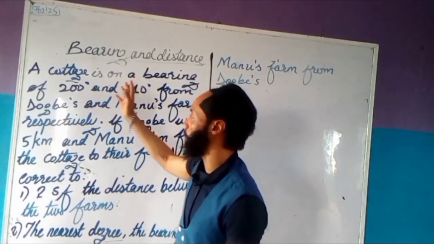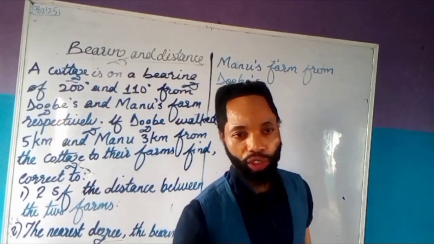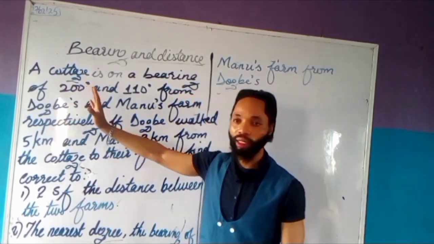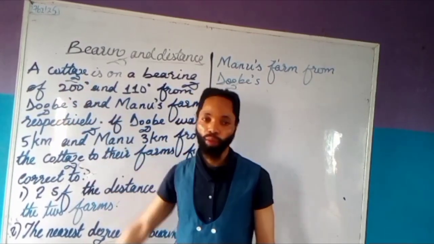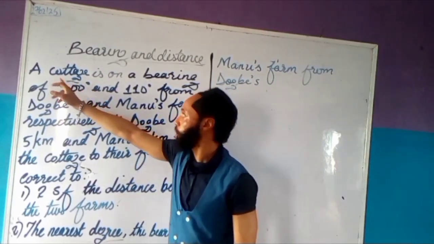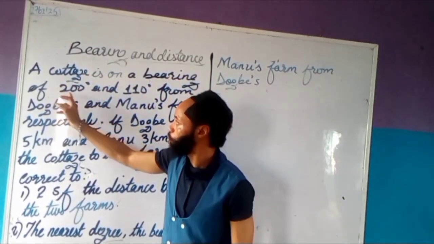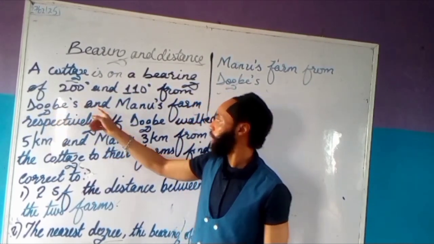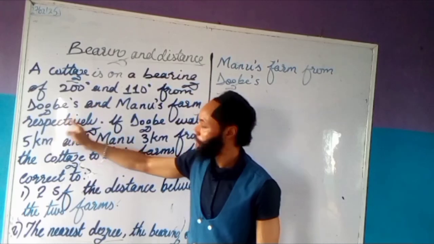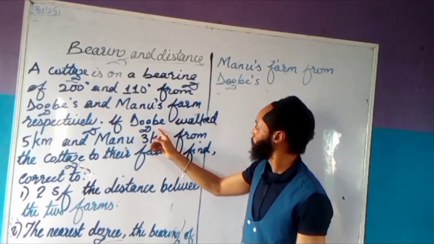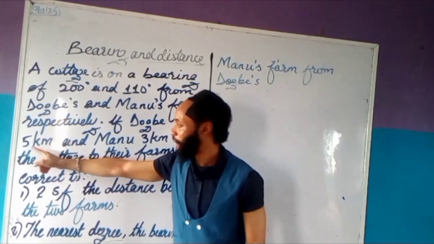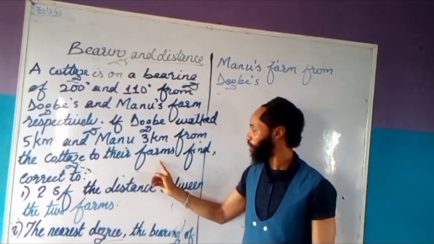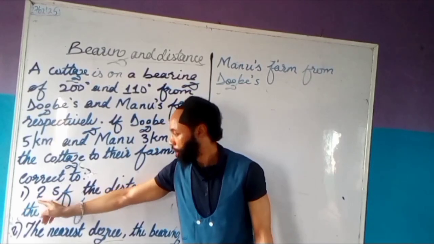Okay, so we have a question here, quite similar to the last one we treated, but I think this one is a bit challenging. So let's look at it, but it's not too much to worry us. A cottage is on a bearing of 200 degrees and 110 degrees from Dogway's and Manu's farm, respectively. If Dogway walked 5 kilometers and Manu 3 kilometers from the cottage to their farm, find, correct to two significant figures,